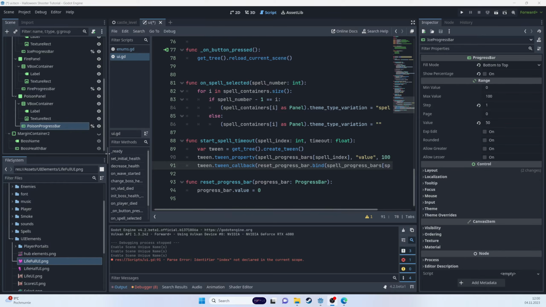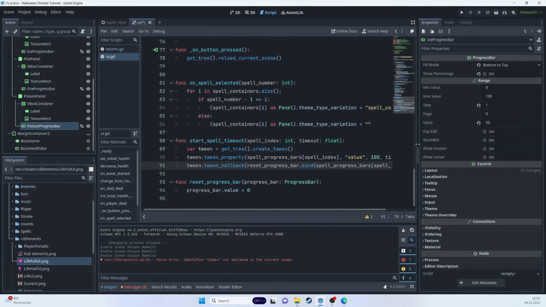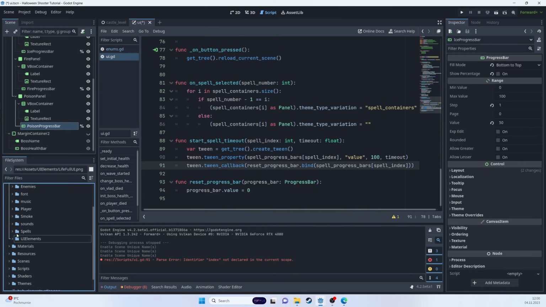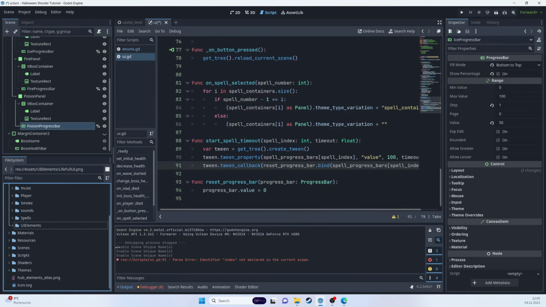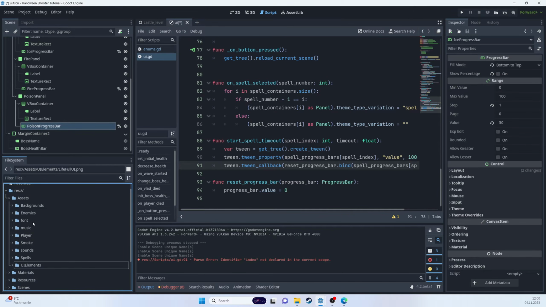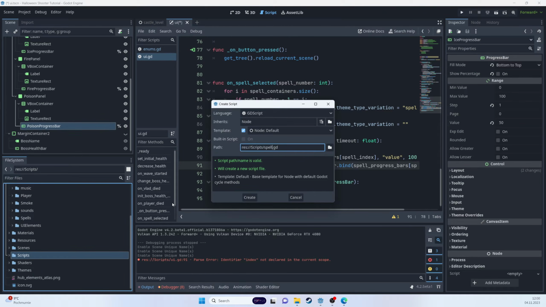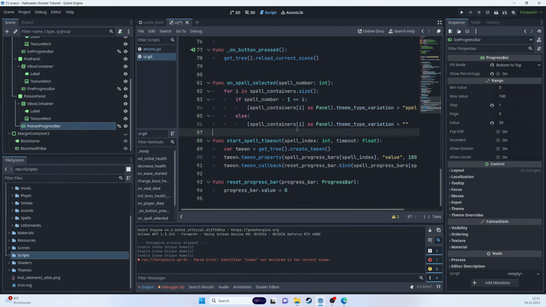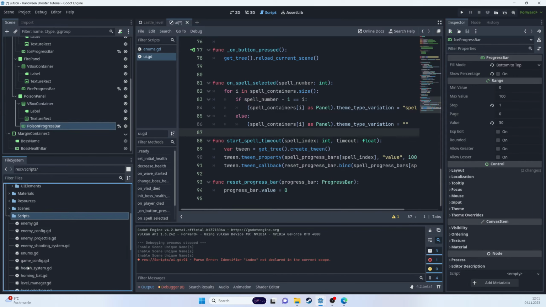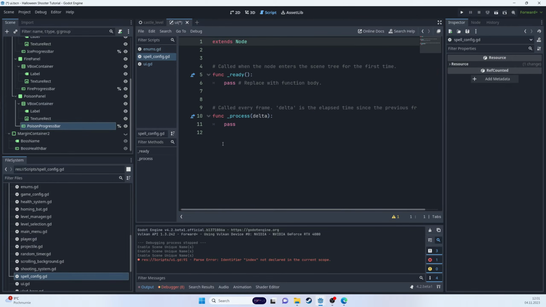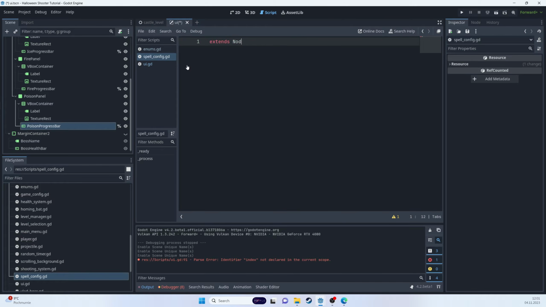This section will start on working on our spells, and let's start by creating a spell configuration. So I love to use resources. That's why we can use those also for our spells. So let's go to scripts. Let's create a new script, and I will call this spell config. And let's open it up. Spell config. Okay. It will extend the resource,